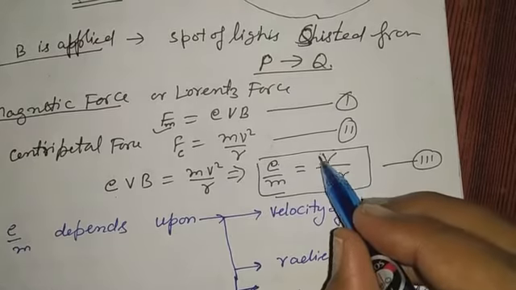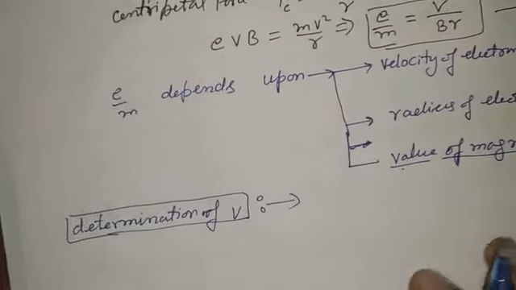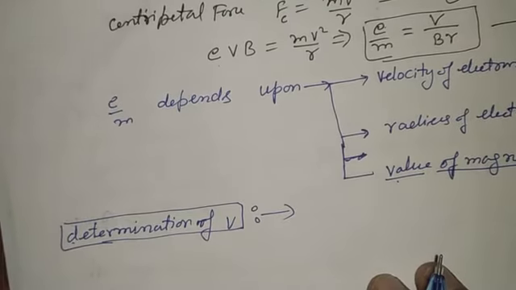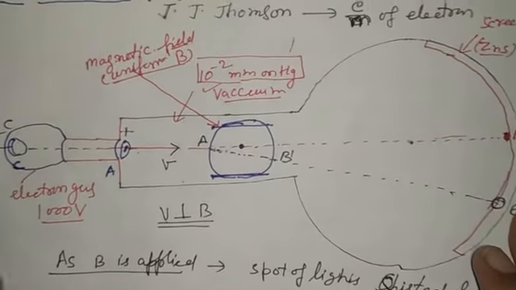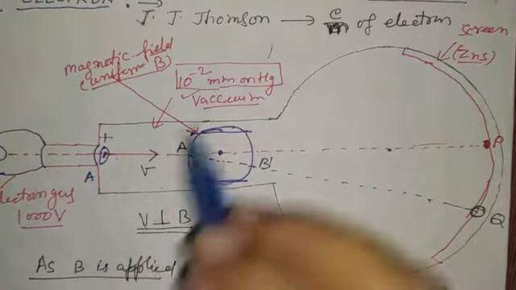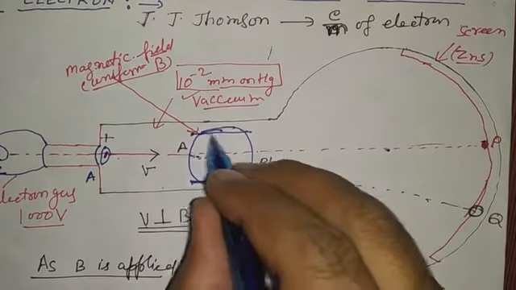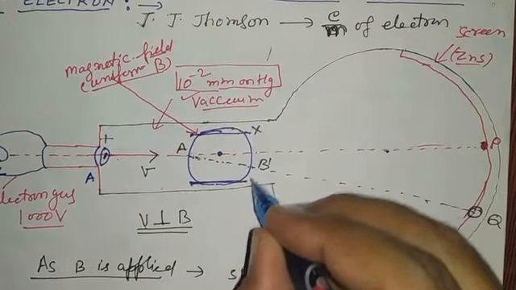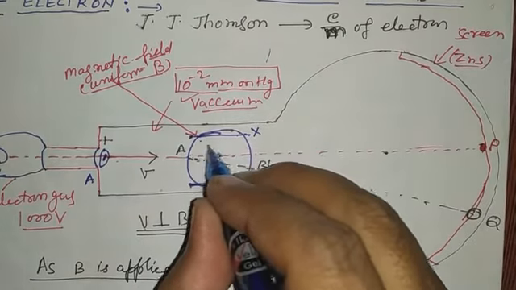Now see how the velocity V will be calculated. To obtain the velocity of the moving electron, see the procedure. Focus on the experiment once more. For the determination of V, the magnetic field is applied and the deflection is from P to Q. After that, suppose this pair of XX plates is for the magnetic field, then a pair of YY plates is also given here.